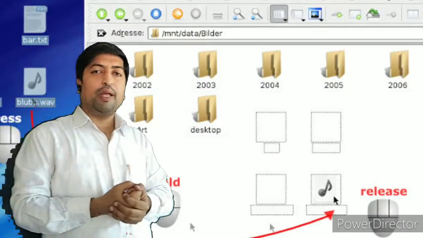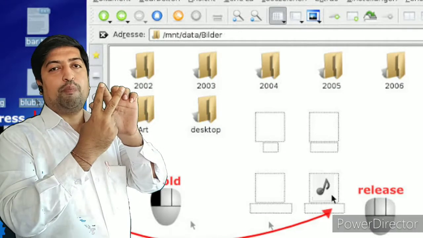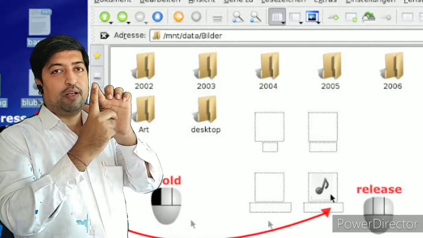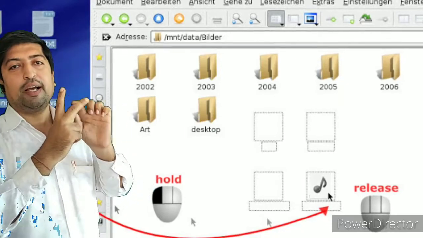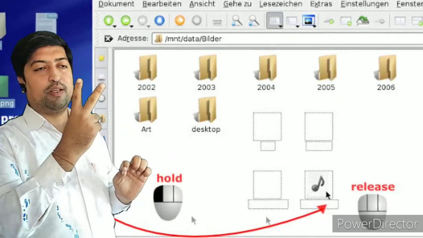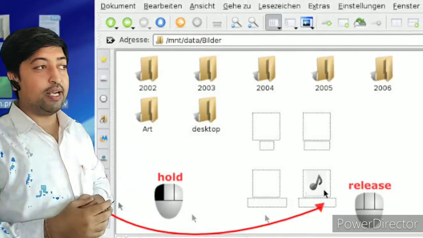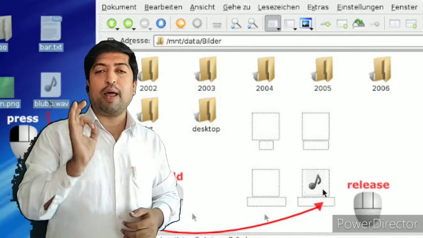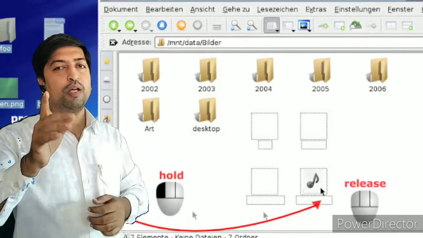Double click means to click the left button of the mouse with our index finger in fast succession, rapidly. I am again going to explain that double click means rapidly double clicking the left button of the mouse.